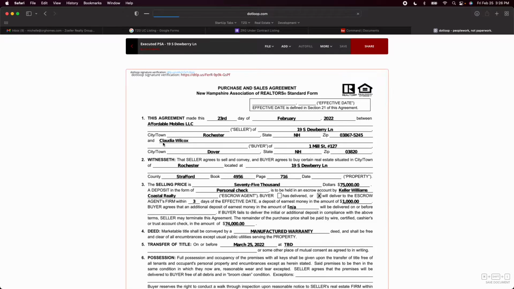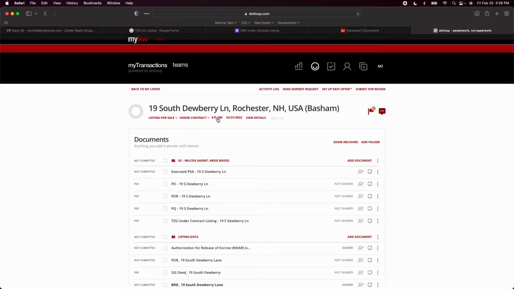So we go back here, and we can do, this price is already in here as $75,000 from a previous time that this was under contract and before it fell apart. And then this closing date we just need to update. So we're going to go here, and it was March 25th, and now this loop is all updated. So that's how we set up a loop, and then the next part that we want to do is check